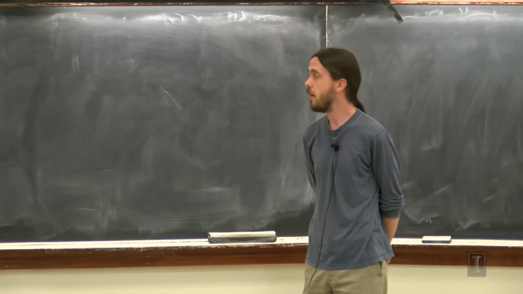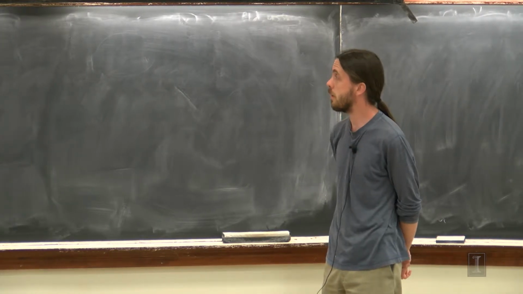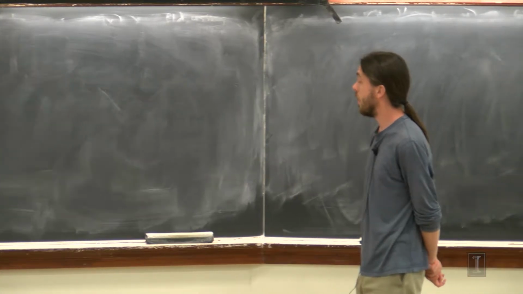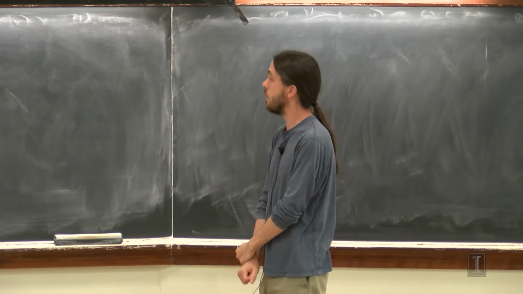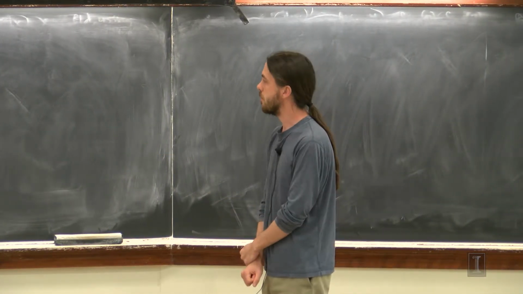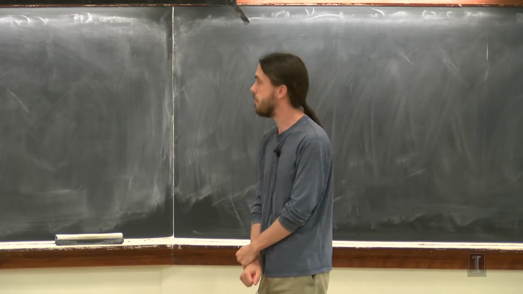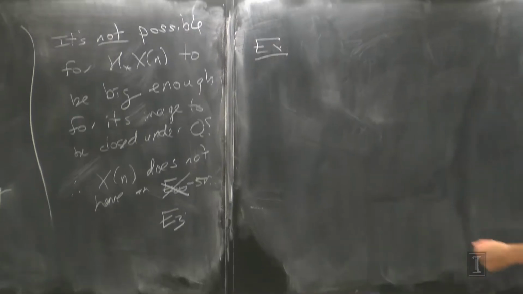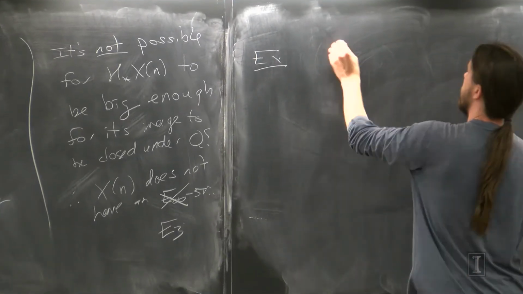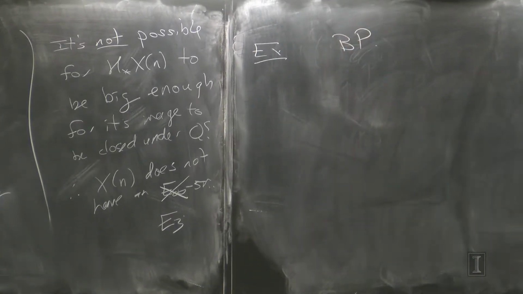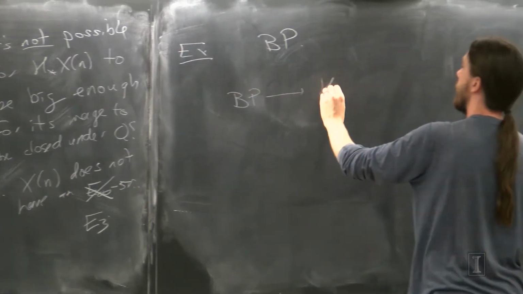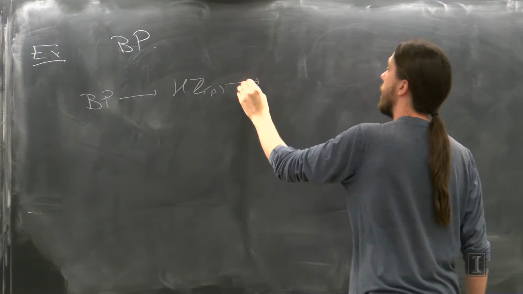And so these are known to have E2 structures by their constructions as Thom spectra, like we saw in Nitu's talk, because they're Thom spectra on loops on SU. So this kind of gives us a sharp upper bound as well. Now, if we were to try to do this for the Brown-Peterson spectrum, like so, we could play the same game. So we could map this out to its bottommost Postnikov stage, and then map that out